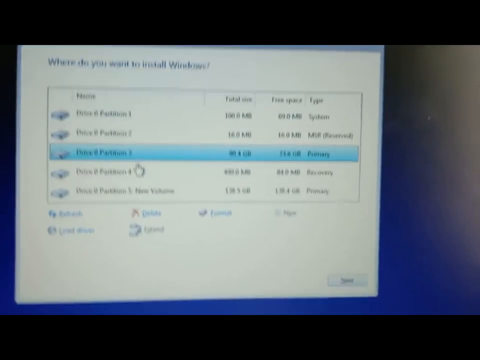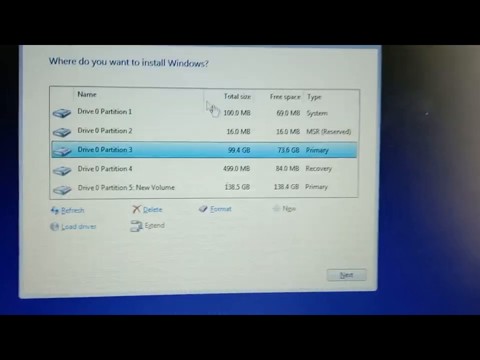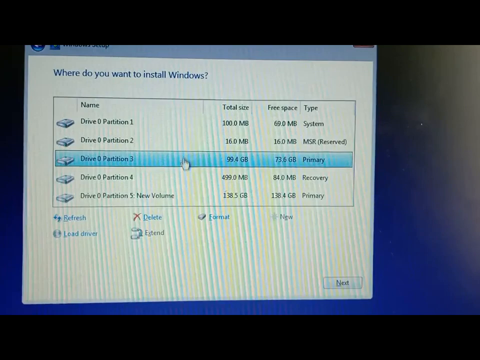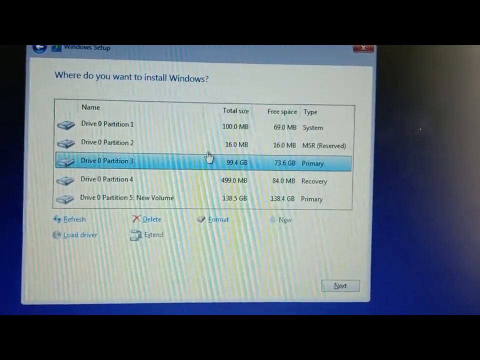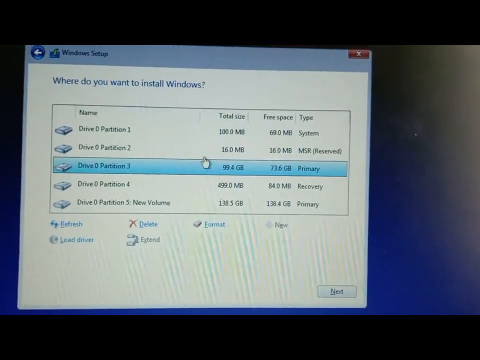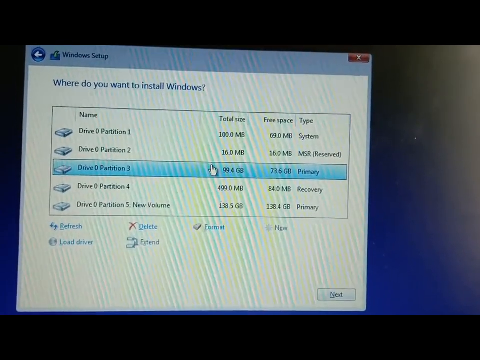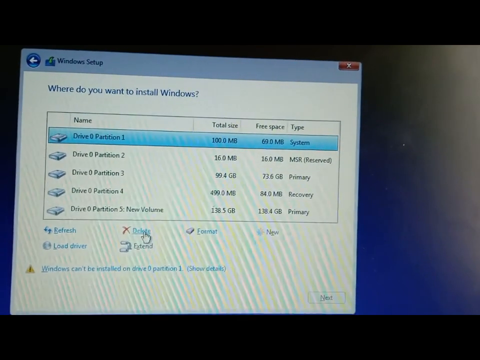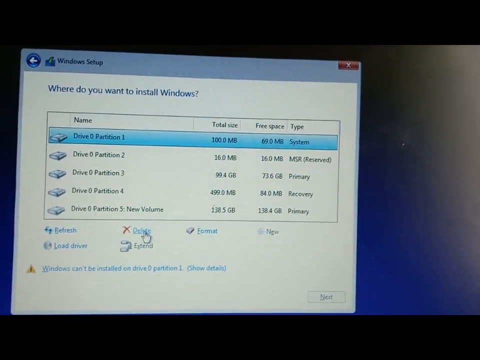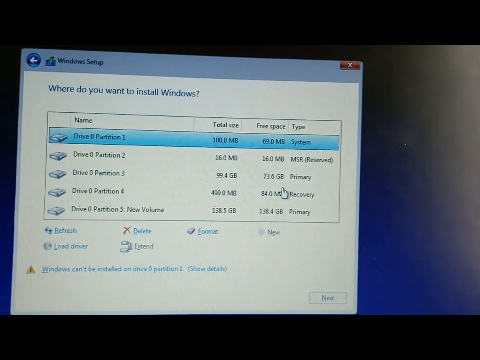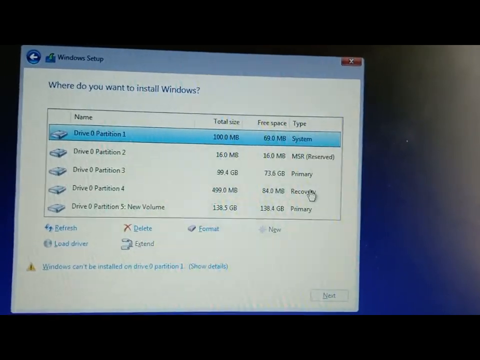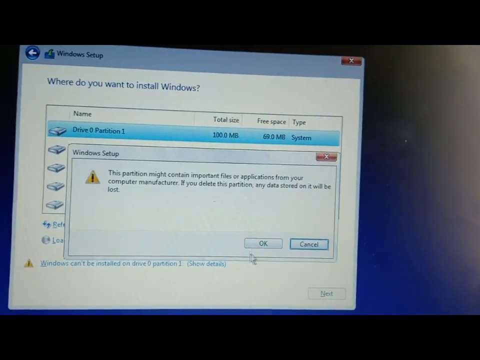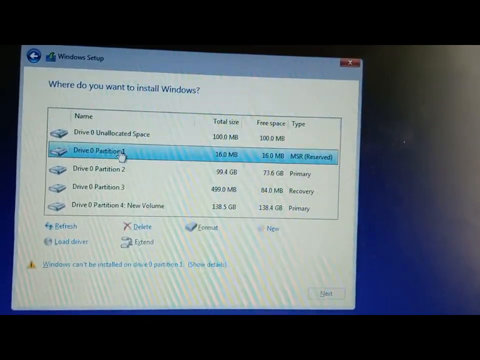You can select the second one, custom installation. Here your partitions are there, so you should know which one is your data and which one is your Windows 7 drive. In my drive I don't need any data backup, that's why I'm deleting all partitions. If you need data backup, you don't format your data partition. So I'm deleting all partitions here.